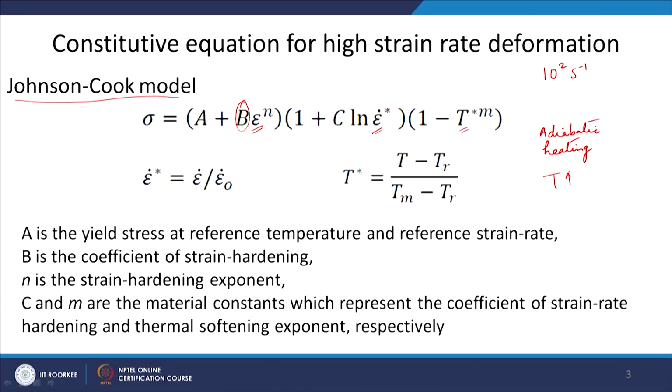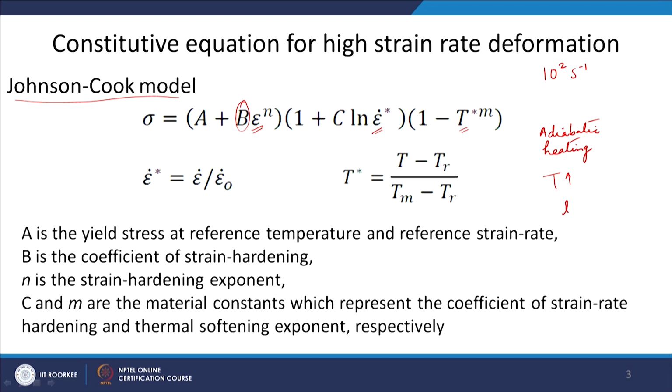stress. Okay. So, what you are measuring as the stress, you are thinking, because when you develop the constitutive equation, you will take temperature as 900 degree Celsius, because you are thinking that your furnace was set for that, but actually the material is deforming at 950 degree Celsius because of adiabatic heating. So, you have to compensate for this temperature. So, basically what you have to do is, you have to change the stress level, okay, to compensate for this temperature rise. Okay. And that is, as I was telling you, that there is exponential dependence between temperature and stress.